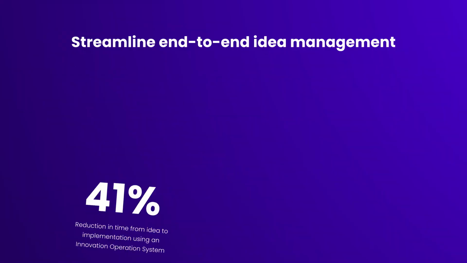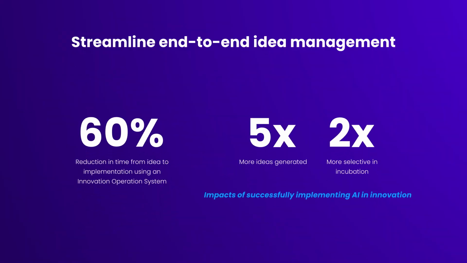Guide and track submissions easily with automated workflows. By bringing your ideation activities into a smart digital system, you can reduce the time from ideation to implementation by up to 60%. What's more, companies leading the shift in using Gen AI for ideation are seeing their idea funnels grow by a factor of 5 and are twice as selective in incubation, making them better equipped to rigorously prioritize